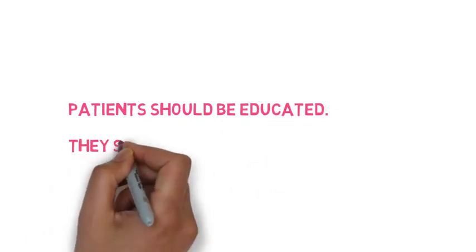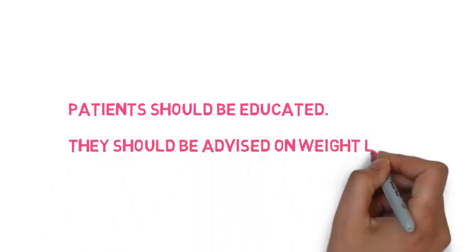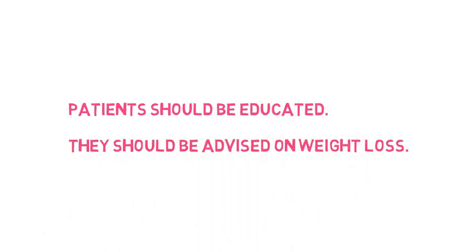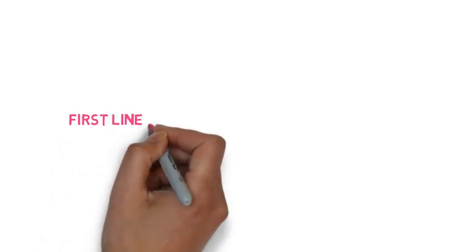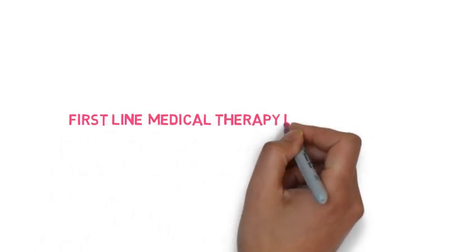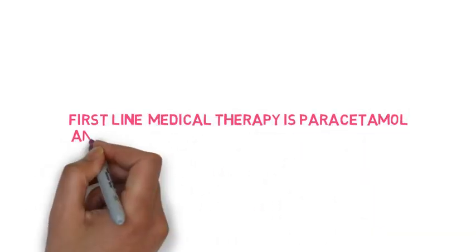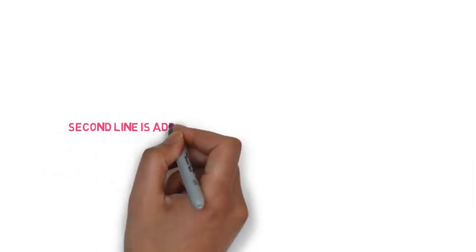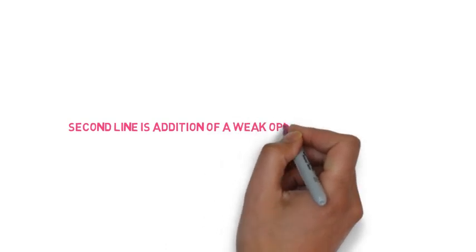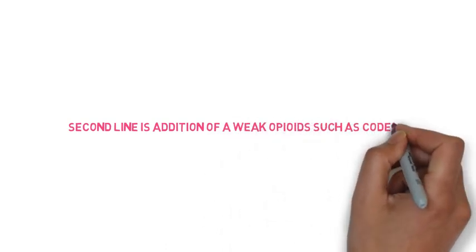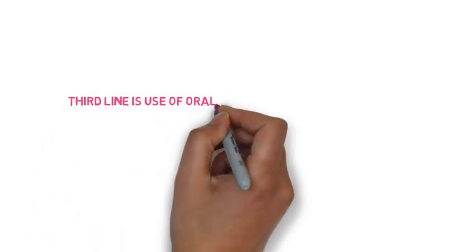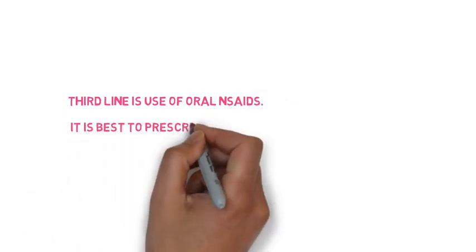So how can osteoarthritis be managed? Well, patients should be educated. They should be advised on weight loss, as this will reduce the load on the cartilage. First line drug therapy is paracetamol and topical NSAIDs, and second line would be a weak opioid such as codeine. Third line is the use of oral NSAIDs, and this is